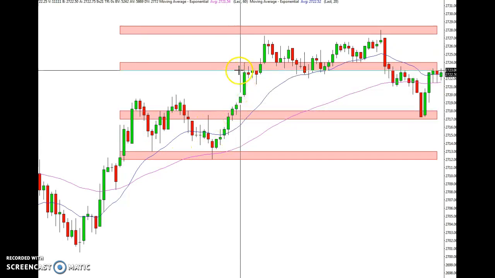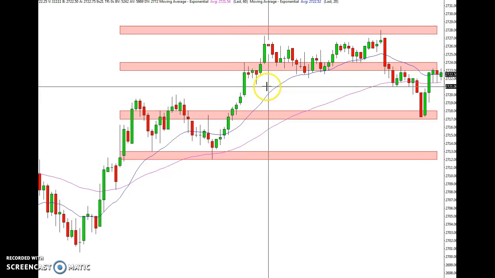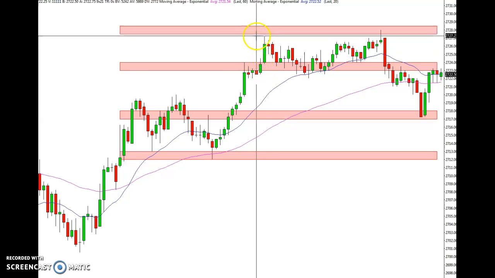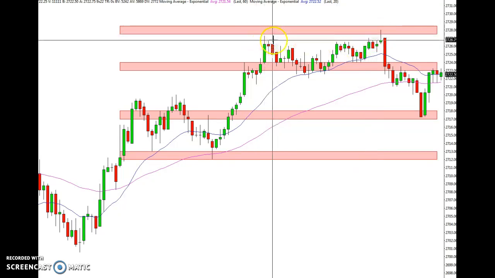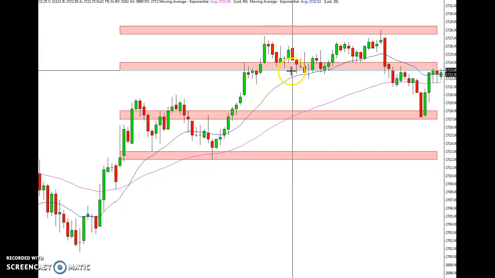And then once we did break out, you can see how we got a little bit of a reaction off this 23 to 24 level, a few points, which is nice. And then a much more significant reaction off this 27.5 to 28.5 level, which actually ended up capping the market over here. The first time it just missed that level by a tick or two and came down, and then